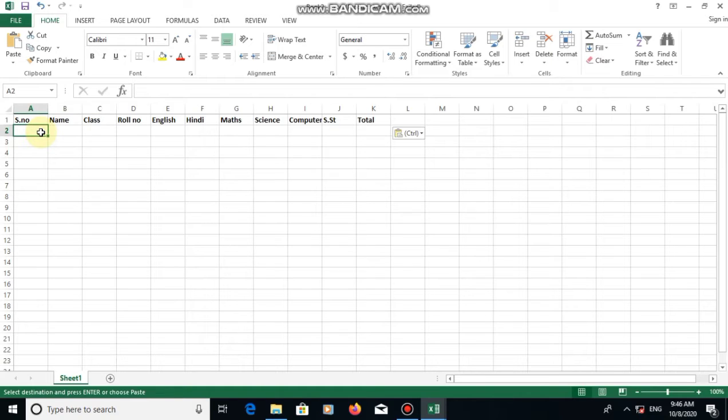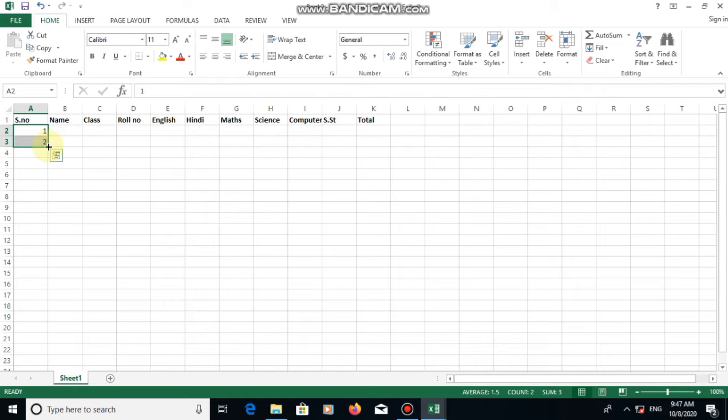For inserting serial number, I will use the autofill function as I told you in the previous class. Let's see how it works. First we will enter number 1, then number 2. After that we will select both these cells, and then move the cursor to the right corner of the cell.